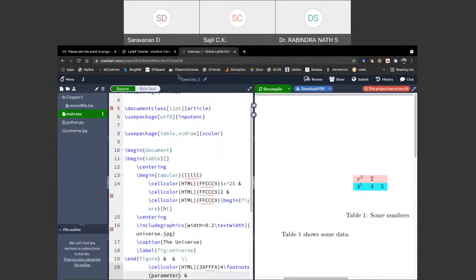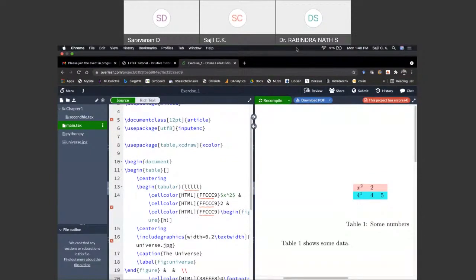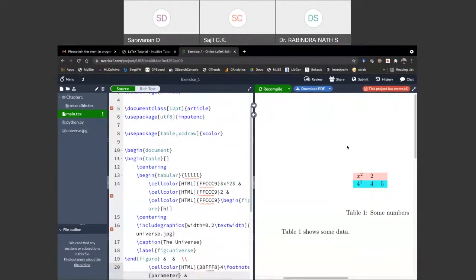And equation also works. So let me try to go to the other questions. Can I add a single column footnote in a double column page? Yeah, by default it will appear as a single column footnote. It won't appear as a double column, I think. If I am right,